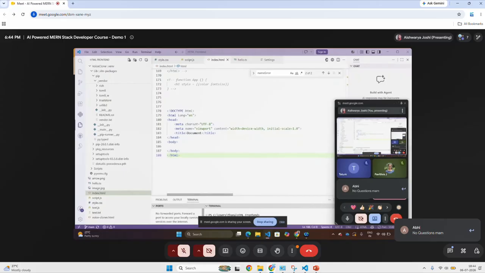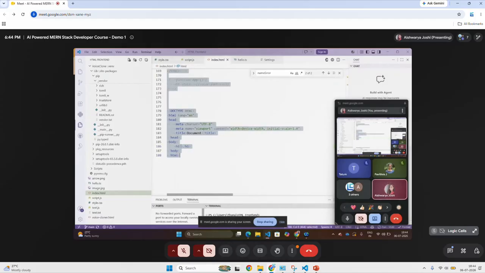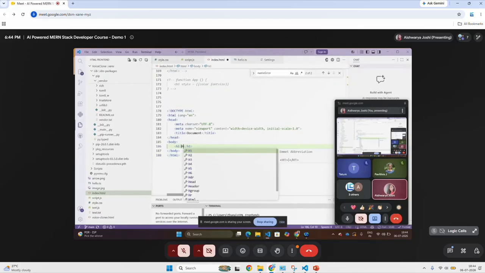So, what does a tag mean? You already know that your HTML has an opening tag and a closing tag. This is nothing but the opening tag, and the one with the slash is called the closing tag. Okay. So, we'll see some of the most commonly used tags. That is the h1 tag. So h1 tag is nothing but the header tag. Whatever you write inside the h1 tag will be represented as a heading. So I'll just write it as heading.